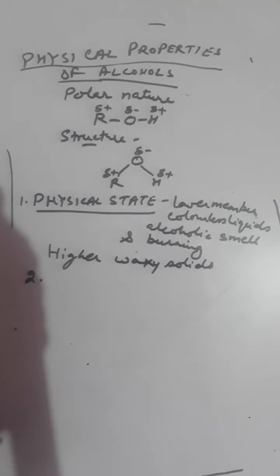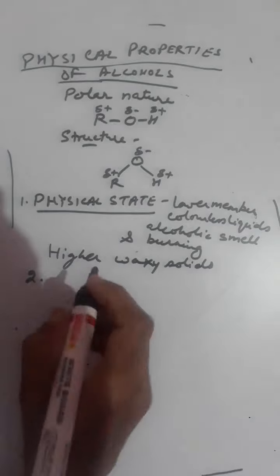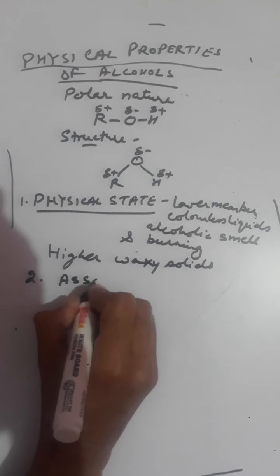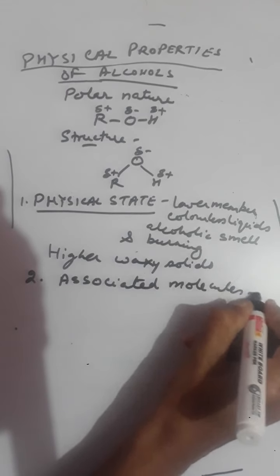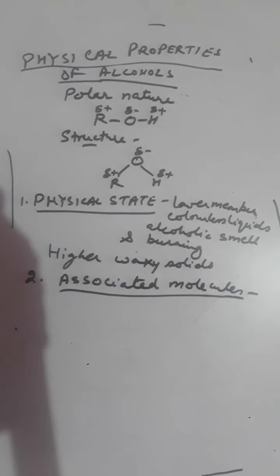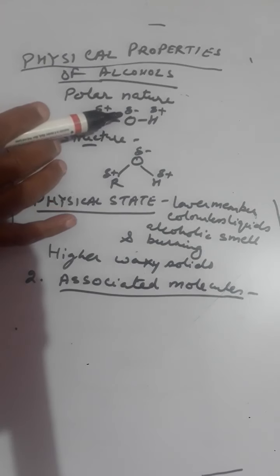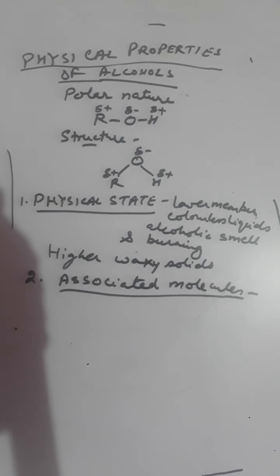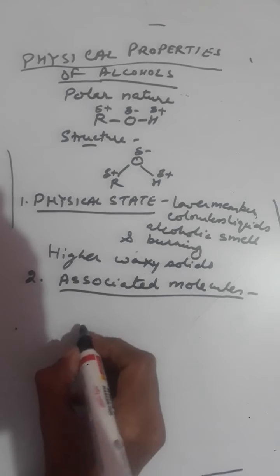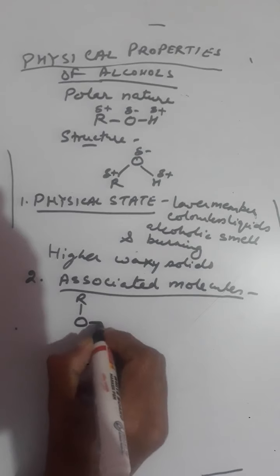presence of associated molecule or existence as the associated molecules. Means alcohols exist like the associated molecules. When we say associated molecules, we will have to discuss the hydrogen bonding. Since because of the more electronegative atom of oxygen as compared to H and C, there will be formation of the H bonding in the molecules of the alcohol. How? Oxygen R and H